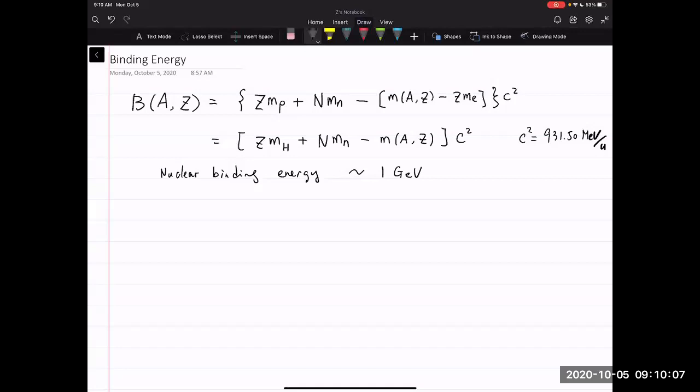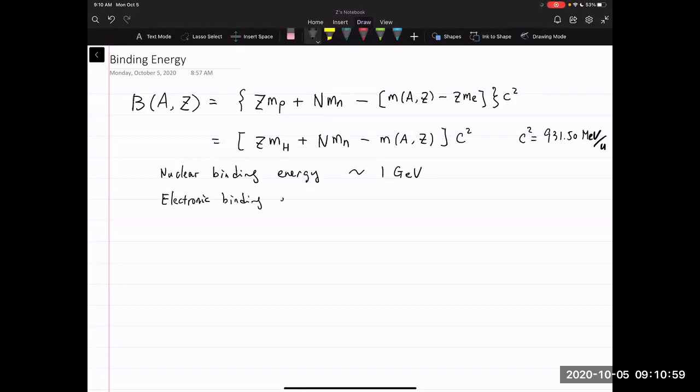This concept of binding energy itself is actually not new. In fact, we also have a similar concept in atomic physics. In atomic physics, this binding energy is related to, instead of separating the nucleons from the nucleus, separating electrons from the nucleus. Think of a hydrogen example. How much energy does it take to separate the electron? That process is called ionization. So in atomic physics, this nuclear binding energy is analogous to the electronic binding